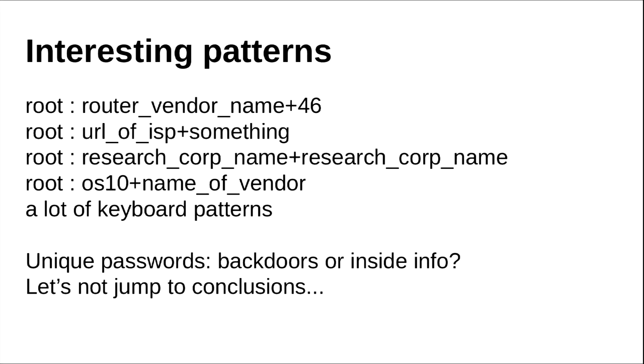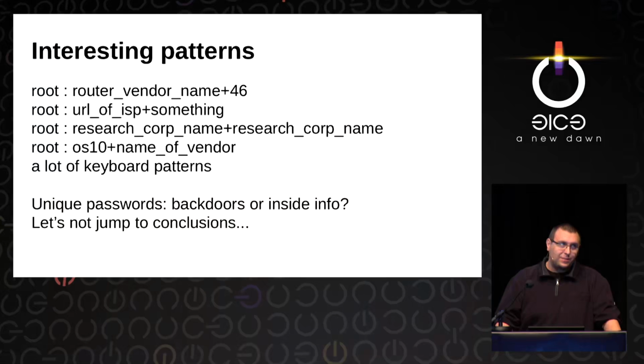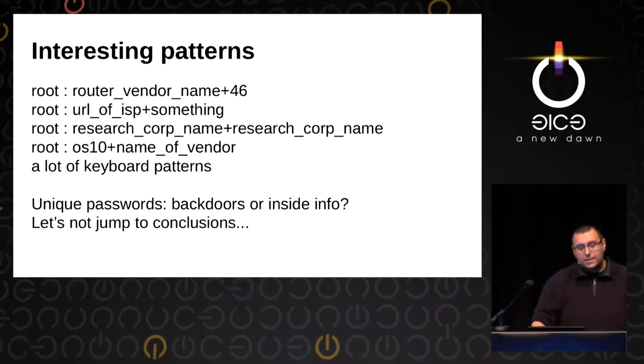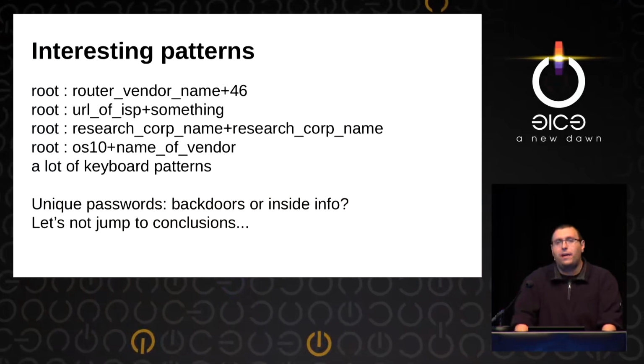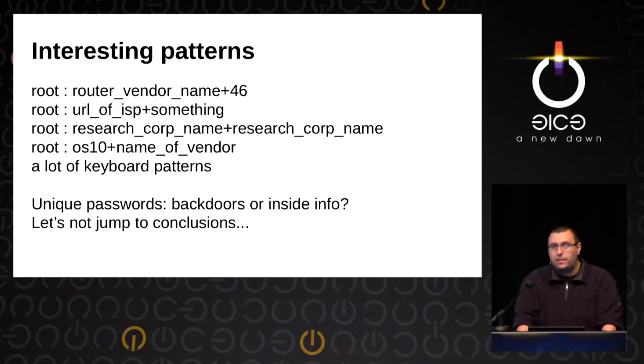When you download all the username and password combinations that are used, you start to see some interesting patterns. For instance, very popular with a high number of hits is root and, let's say, a router vendor name plus 46. When you Google it, it's not a default password. You cannot find it as a default password. The second one is the URL of a popular ISP plus some random string. The third one is twice the research corporation's name, and some other combinations that you cannot find as default starting passwords